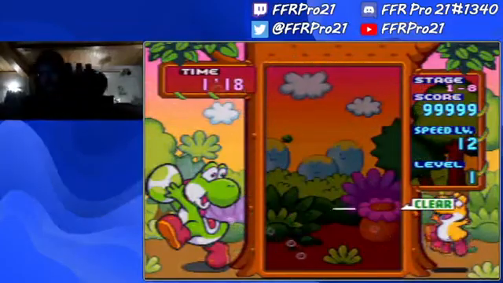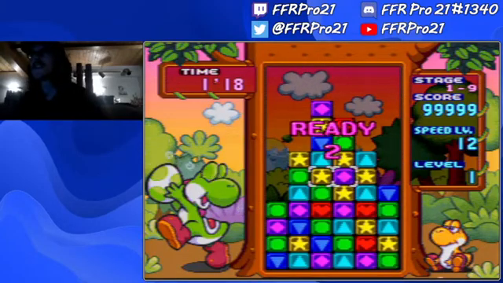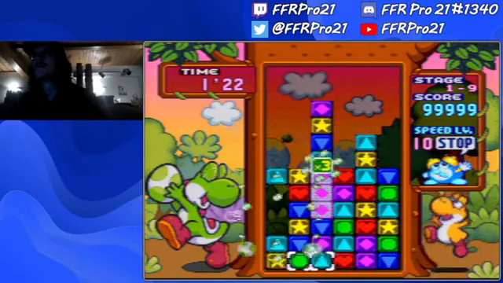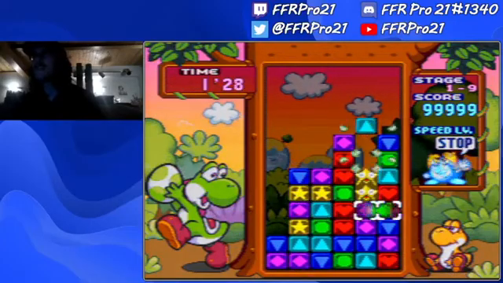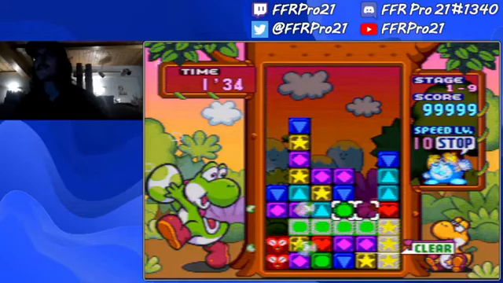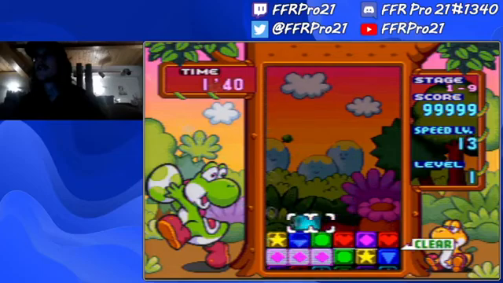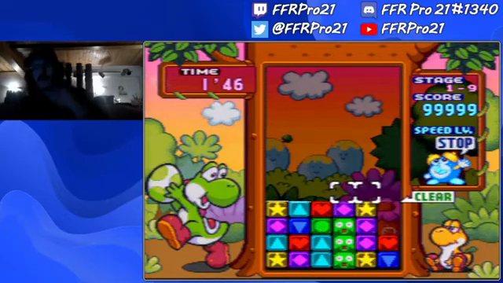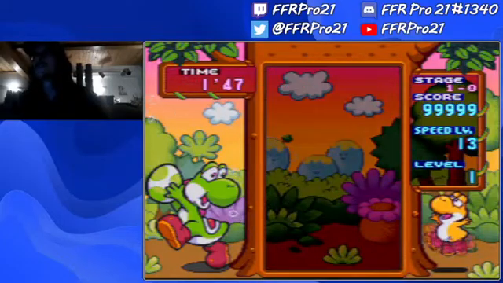So there we go. 1-8 is down. On to 1-9. After this stage, things will begin to get a little bit interesting with some particular things. Oh. There we go. Oh no. Okay, so next stage here,